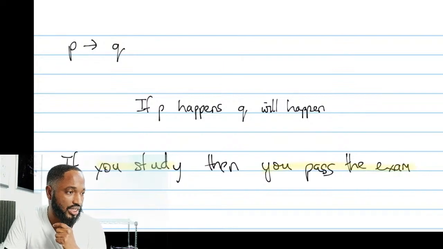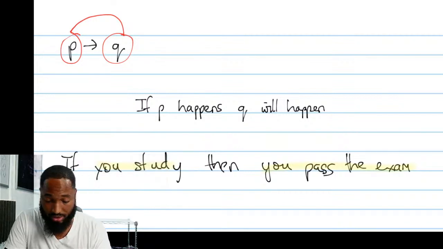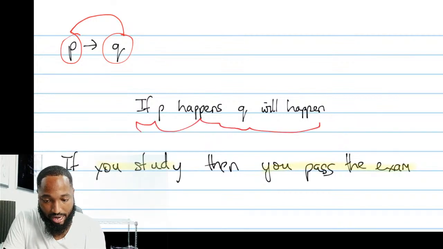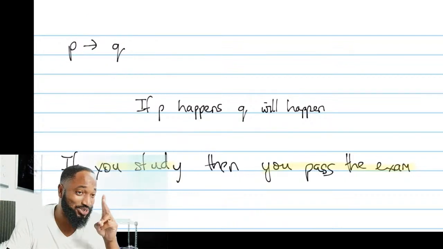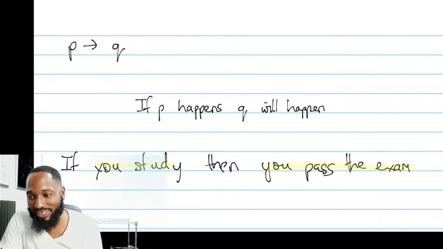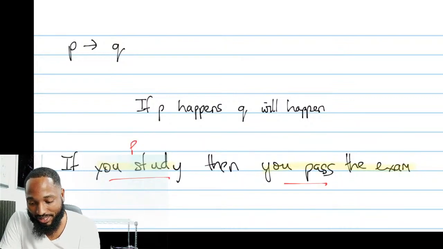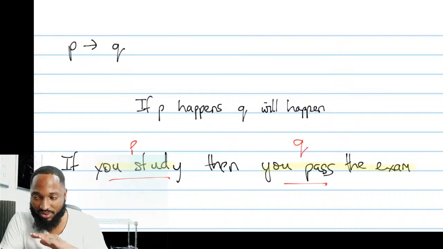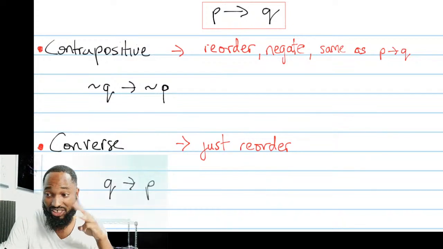Alright, so this is a conditional statement here. Conditional statement P. If P happens, then Q will happen. If P happens, Q will happen. You understand? Conditional. All this I'm teaching is just for 2 marks in the paper. But you want them 2 marks, right? If you study, then you pass the exam. So this is like a P, and this is like a Q. Conditional, right? Now with the conditional, they will ask you 3 things just straight off the bat.